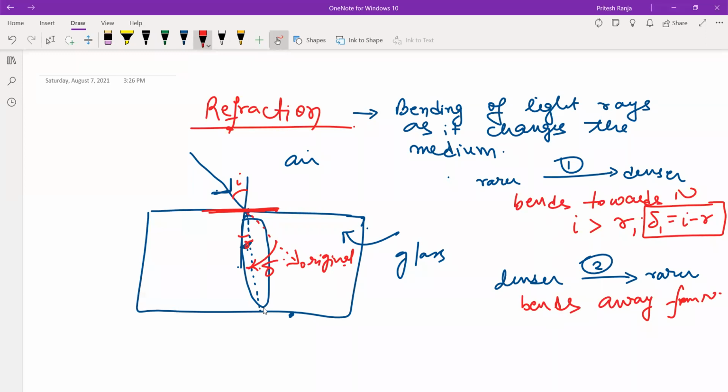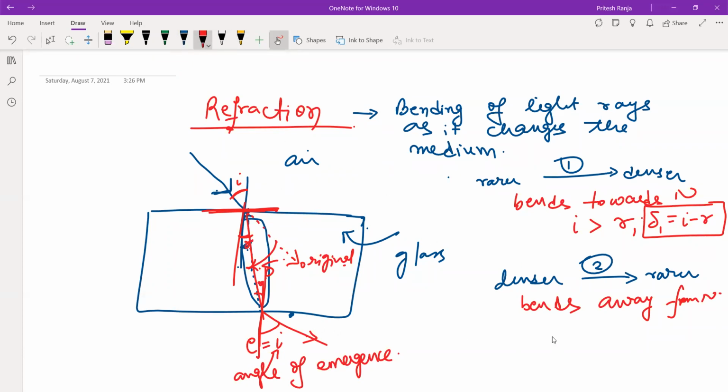Similarly, if we see the ray going from denser to the rarer medium. So here, see, this is R. So this will also be R because these two lines are parallel and this acts as transversal. And this will be I because whatever angle the ray makes with the normal while entering the glass block, same angle it will make with the normal while leaving. So this angle is also called as angle of emergence or emergent angle, which is equal to the angle of incidence, sometimes written as E, but this will be equal to I. You can just apply normal geometry and get this result.